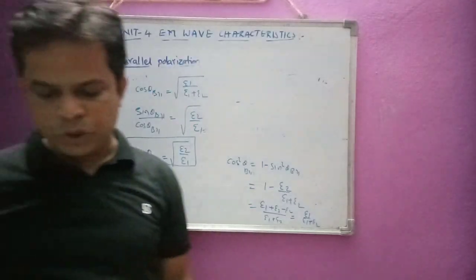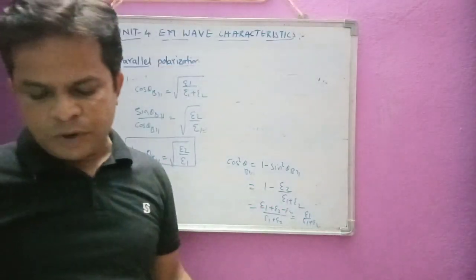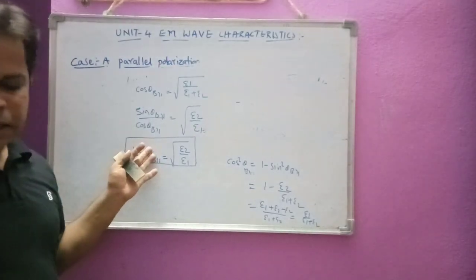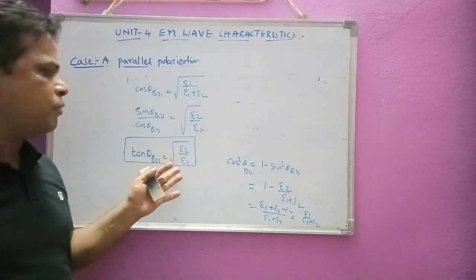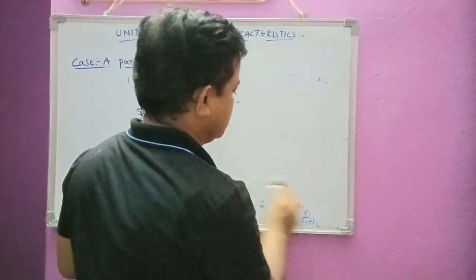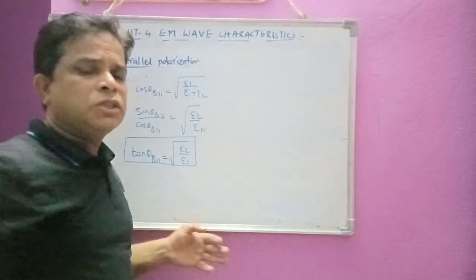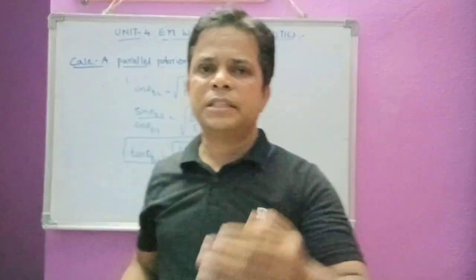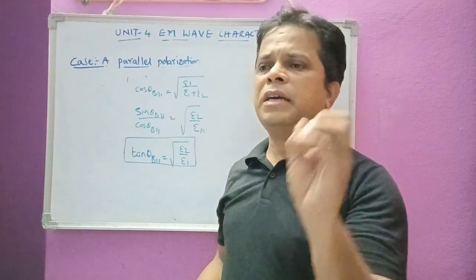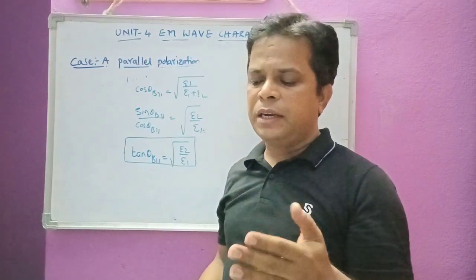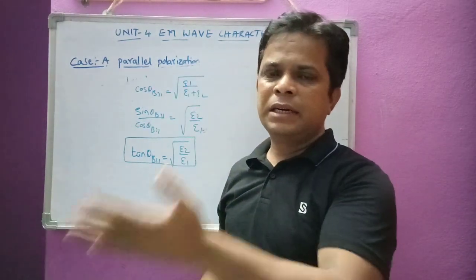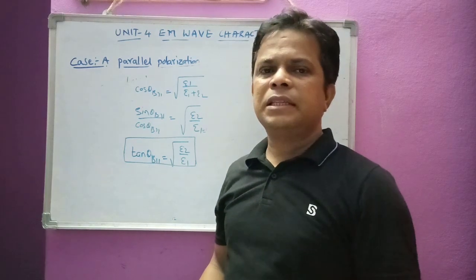Okay, so tan theta is showing that there will be a Brewster angle for any combination of epsilon 1 and epsilon 2. So this is what we have seen in the parallel polarization. The same steps and the same concept we are going to repeat for the perpendicular polarization. Here the difference lies in that the electric field is now in the perpendicular direction and the magnetic field will be in the parallel, that is tangential component. So we will see that in the next video lecture.